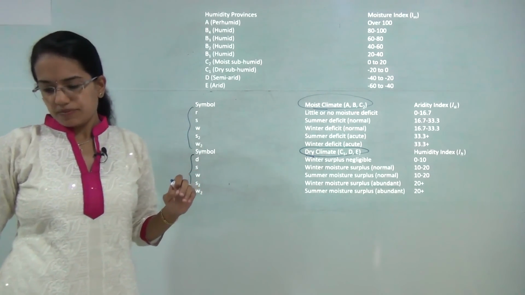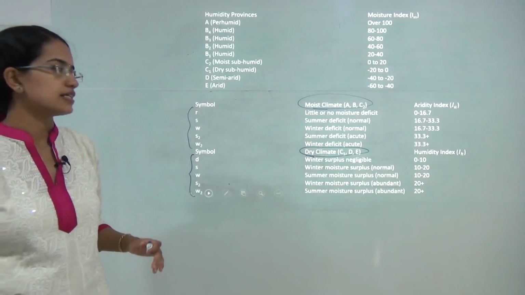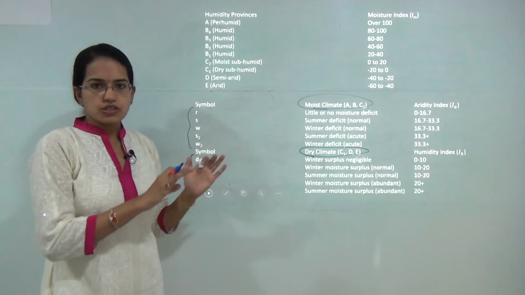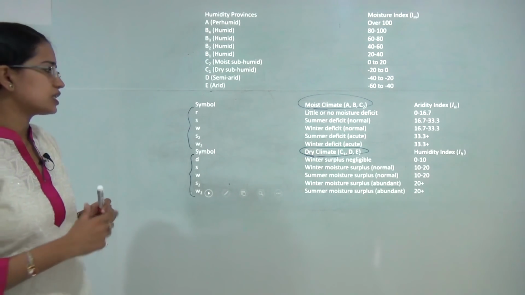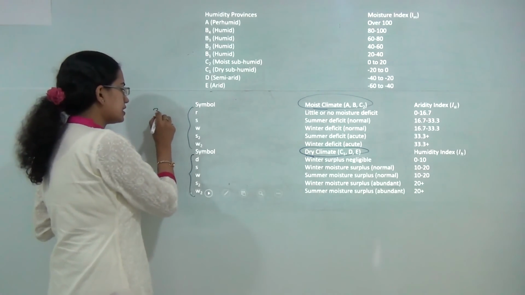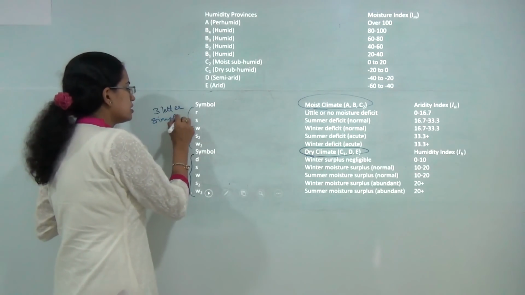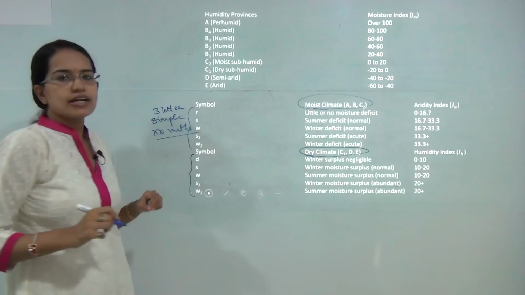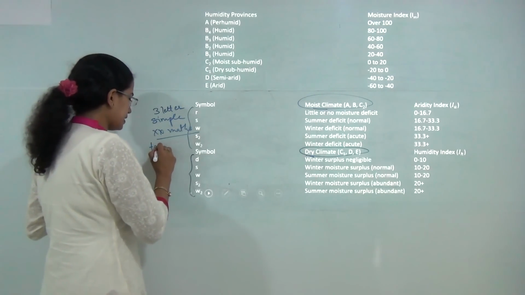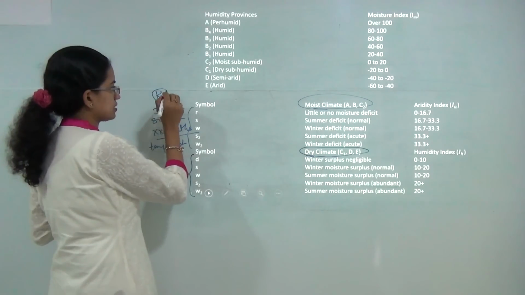Now, what are the limitations and the drawbacks that you can understand for Köppen's and Thornthwaite's classification? So, let's start with Köppen's classification. Köppen's classification, the best advantage was it was a simple 3-letter classification system. It was much simpler, no mathematics was involved, no calculations were involved, and it directly varied with the temperature and precipitation. So, that was the merit for Köppen's classification.